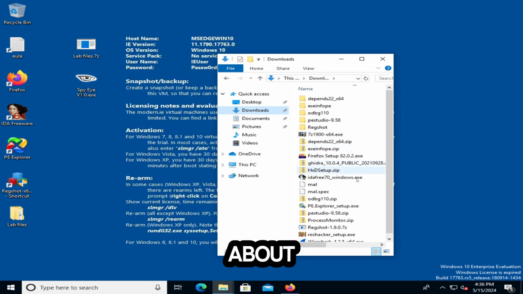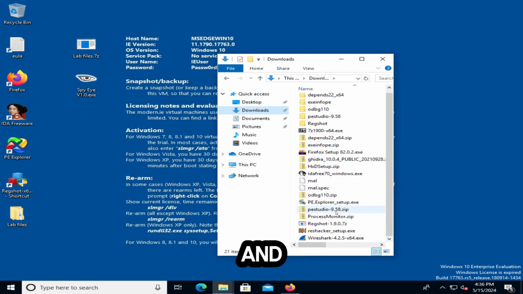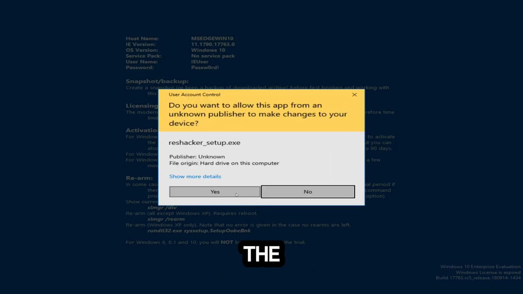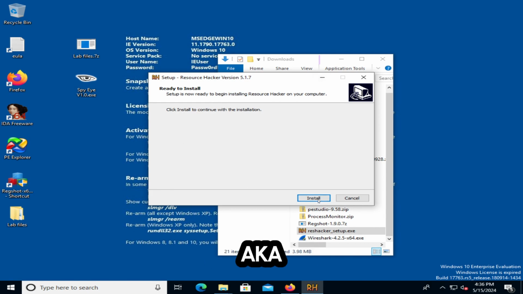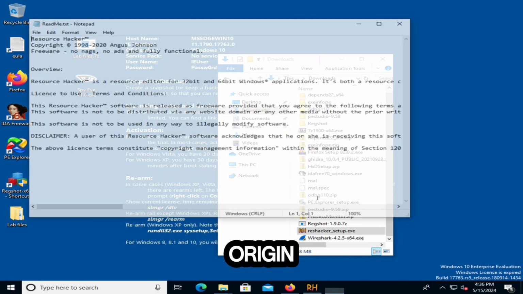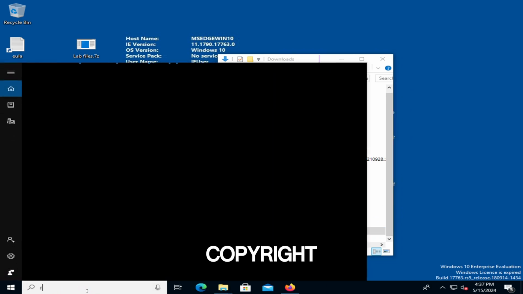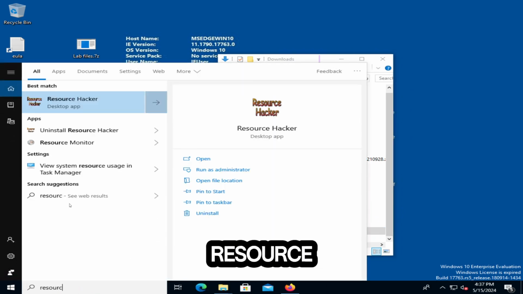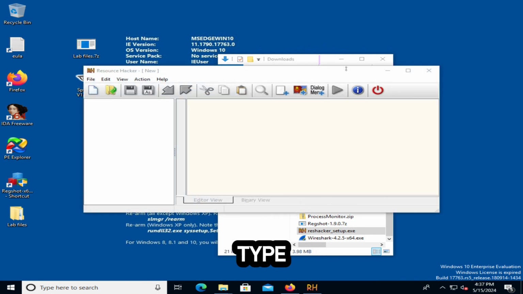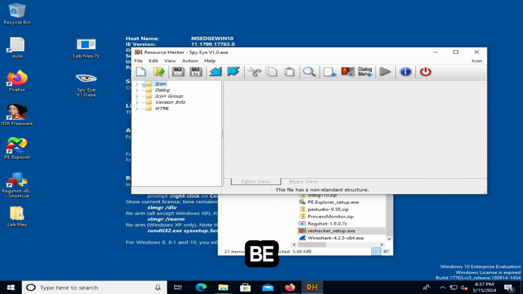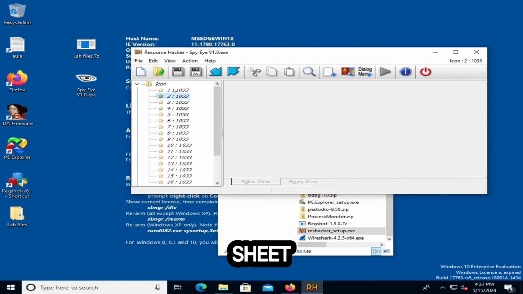And then we talk about the resource hacker. Often, attackers store information such as additional binary, decoy document, configuration data in the resource hacker. Now, the resource hacker can reveal information about the origin, the company name, the program author, details, and copyright information. And the resource hacker can also help to identify the file type if the file type is a decoy. As you know, some file types can be executable, can be Word or PDF or Excel sheet, but